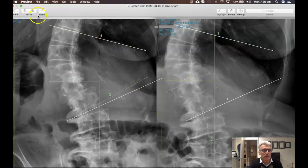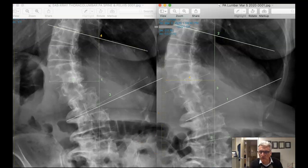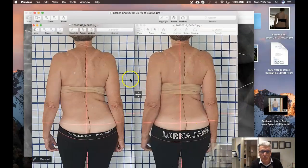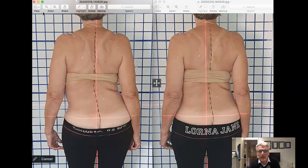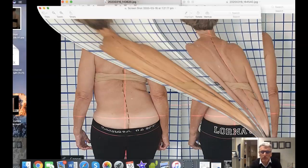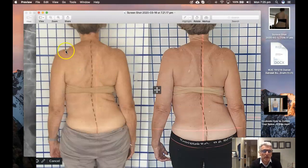I thought what we'll do now is take a look at some of the photos of today's session. Let's see if we can bring them up. This is today's session. It's an exciting time for her in that this is where she started with her shoulders fairly level now. They were off before, so that was her beginnings, her left and her right there, and her spine was well and truly over to the left on this centre of gravity line in here. The centre of gravity line is going through the intersection of the legs on both of these photos, and now she's